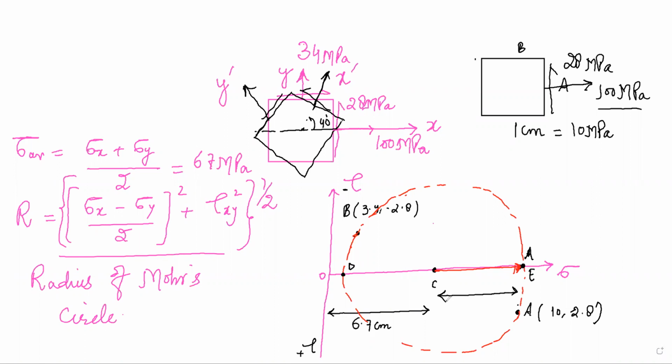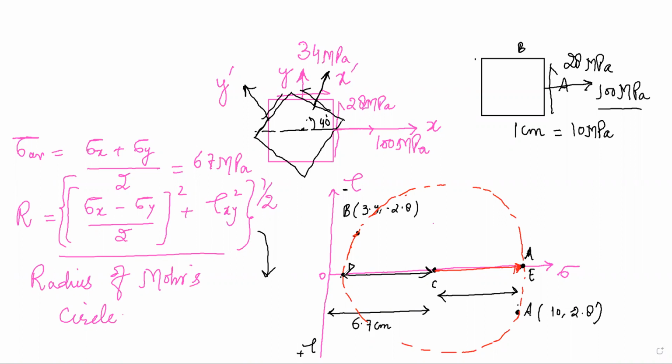Can you do it with the help of your scale? You can do it with a scale. Okay, so it will have some value. You can also verify that value with this formula. Are you getting me or not? Fine, the two values should be the same. Similarly, you will also know the value of CD, isn't it? Yes, sir. This is also the radius of the circle. You also know the distance OD. How much is distance OD? 3.4 centimeter.